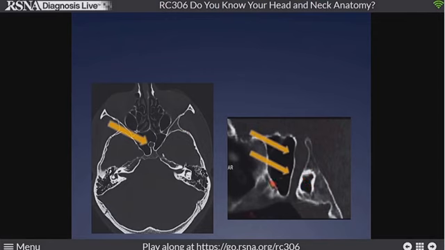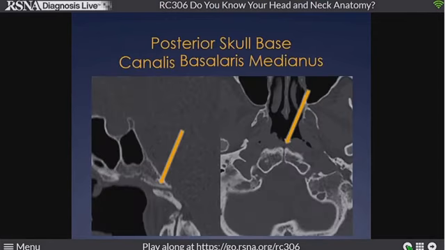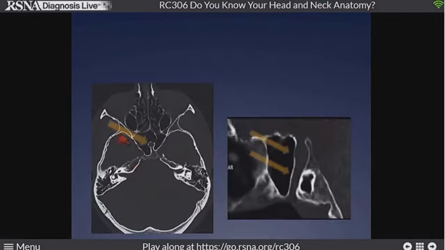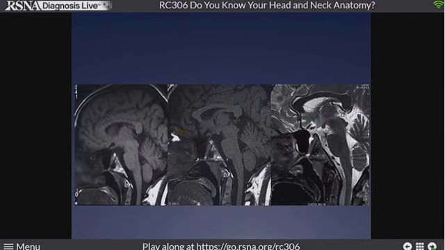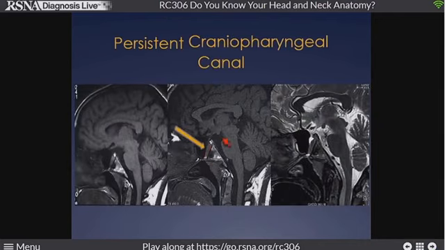Now this one is a little bit different. Now we have a defect in the skull base that's relatively significant. It seems to come from the sella. It extends down into the nasopharynx. Again, well corticated bone. This doesn't look like tumor or anything bad, but it is certainly a maldevelopmental condition. We know that would be where our pituitary gland is. We're concerned, so we're going to do an MR on that patient, and again we can see that there is pituitary tissue through that. This represents a persistent craniopharyngeal canal.